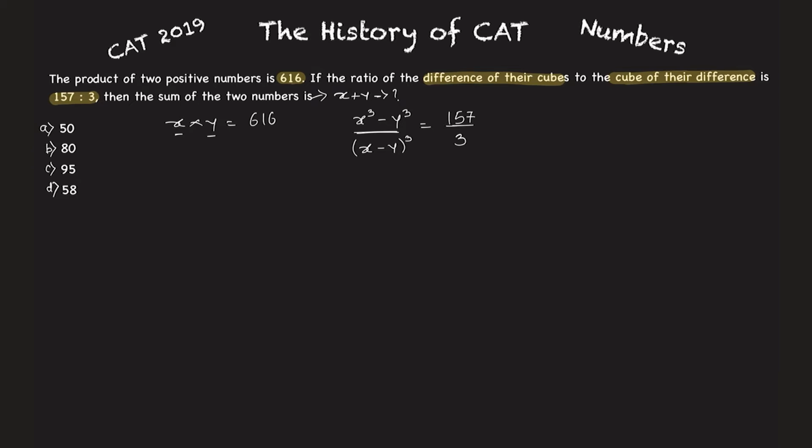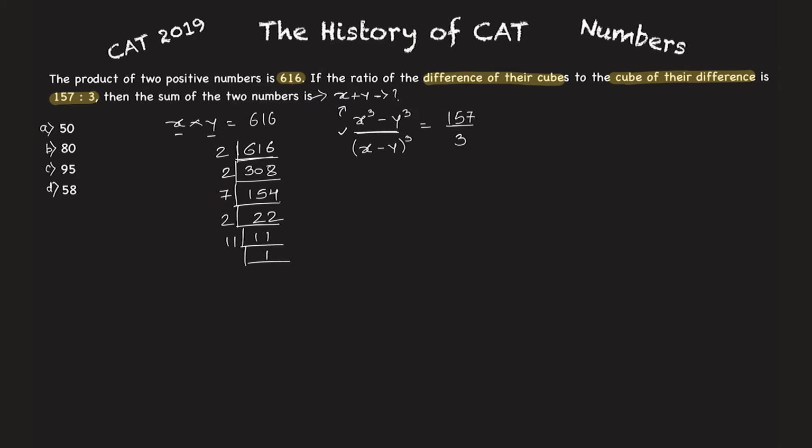You can go ahead and solve this and reach the answer, but there is a shortcut here as well, because we have options. I'll try to split 616 into two numbers and see if I can get the answer by shortcut. So 2 ones are 308, 2 fives are 10, and 154. Then 7 twos are 14. Then 2 elevens, then 11 ones.